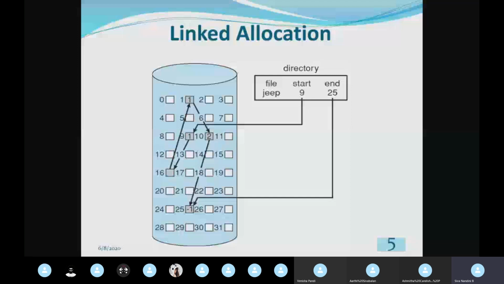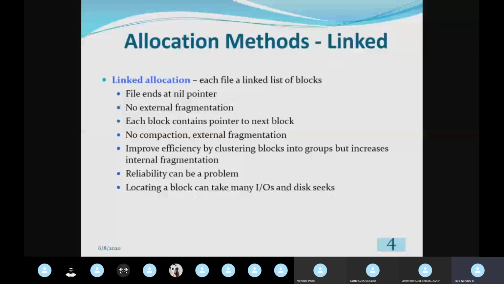But how are they available? For the cluster of file 1, we have one free logical block. For the cluster of file 2, we have 2 free logical blocks, but they are in different clusters. So the request of file 3 needing 3 logical blocks can't be granted due to the problem of internal fragmentation. So linked allocation solves external fragmentation, but if we have clustered logical blocks, it may lead to internal fragmentation.